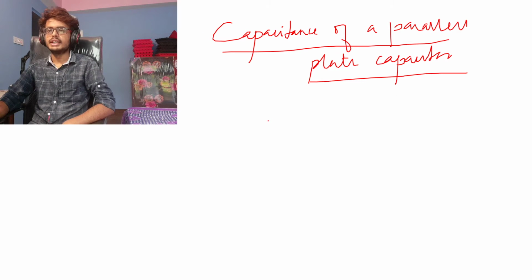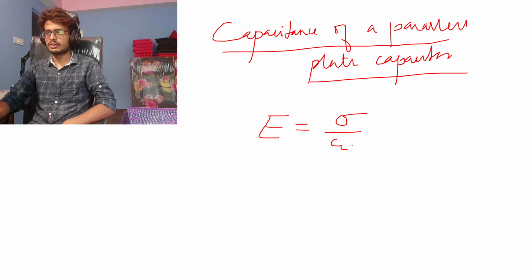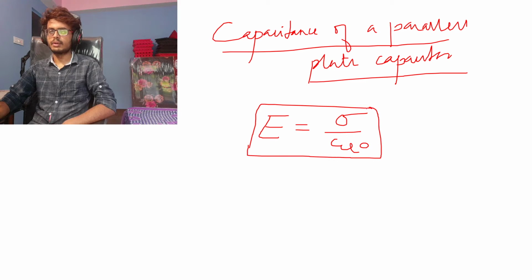In electric field, I had given you a formula, E equals the surface charge density divided by epsilon naught. I think you remember this formula. I had given a formula with respect to surface charge density, another with linear charge density, and another with volume charge density, I think. Now we just consider the surface charge density because we are considering area here, right? When we consider a capacitor, we are considering the area, not the volume. So we'll just consider this formula.